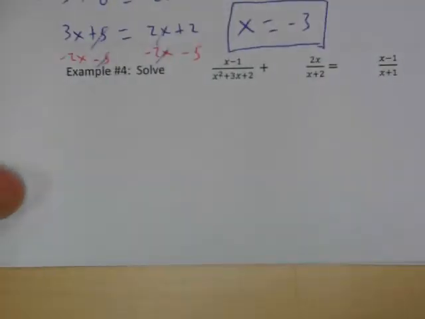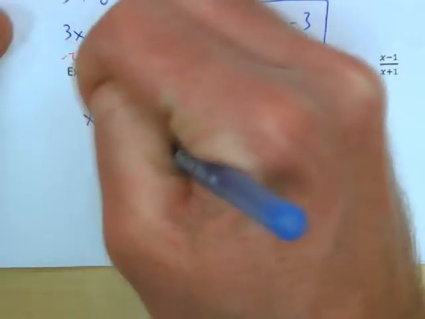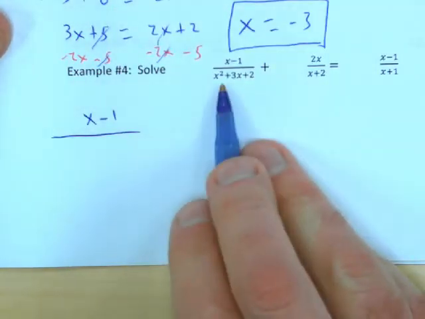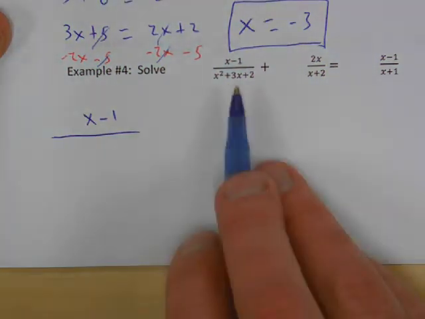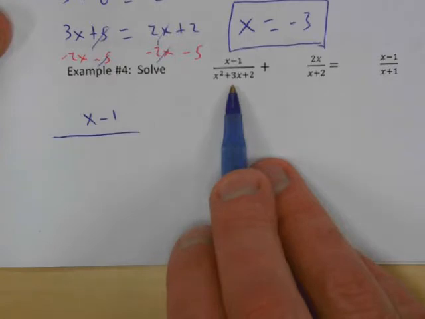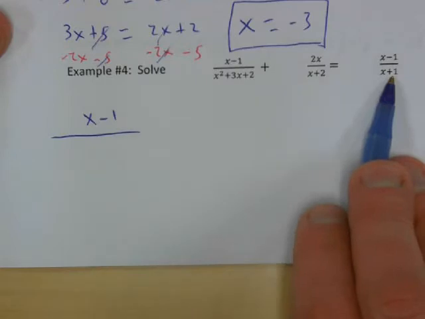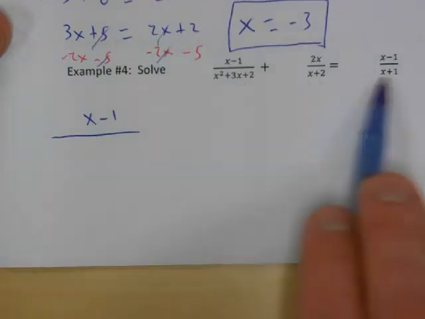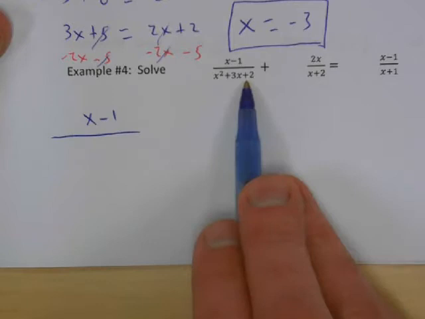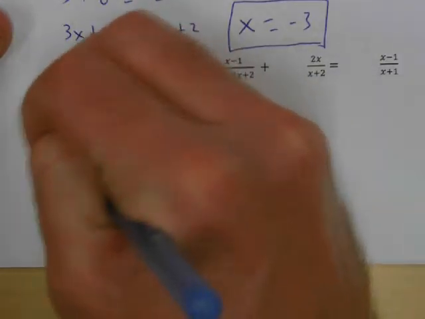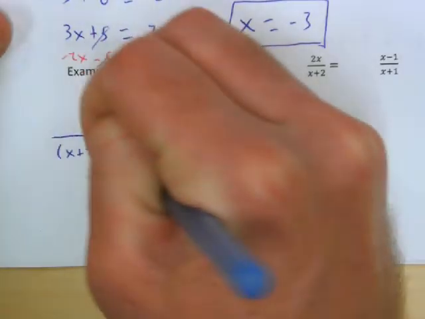I'm going to scoot over to the left where we have plenty of space to work if we need it. So we got x minus 1 over, and then I want to write this in factored form, which is going to be x plus 2 times x plus 1. Now, always check it, but usually if you're given something that's in standard form and then 2 factors, usually this is going to be this times this. Okay, not always, but so check it. But that might help you factor. Think, okay, it's probably these two things. Does that work when you multiply these? Do you get that? Yes, you do. So x plus 2 times x plus 1